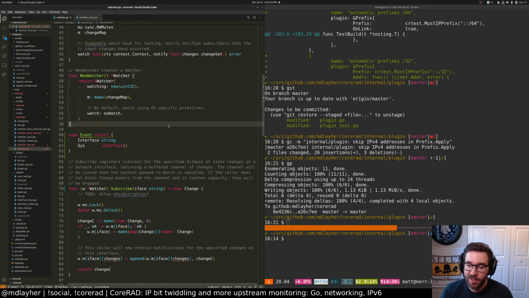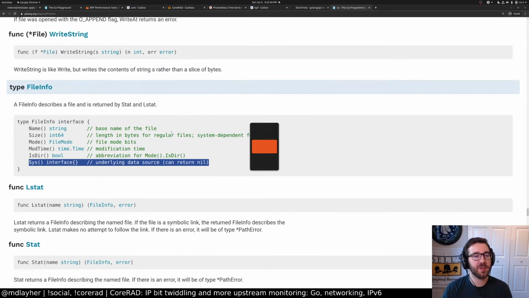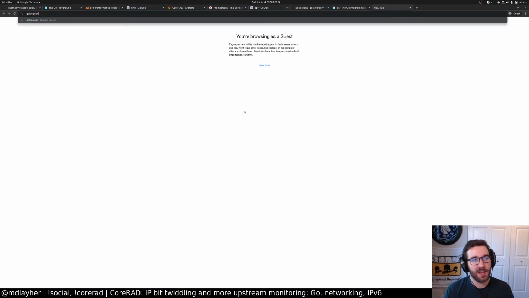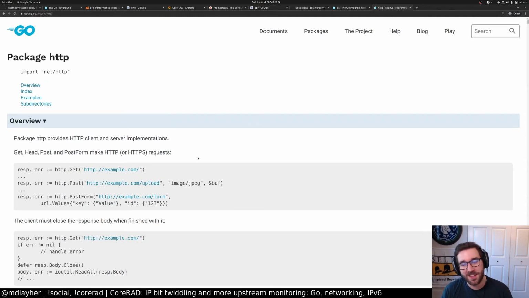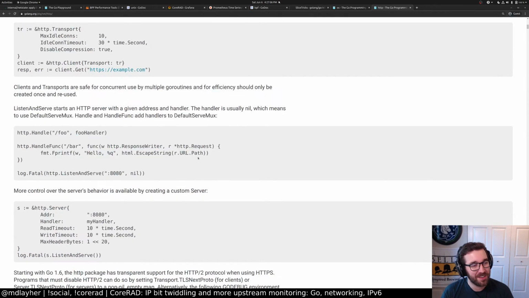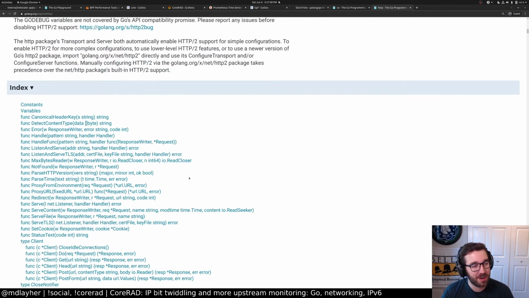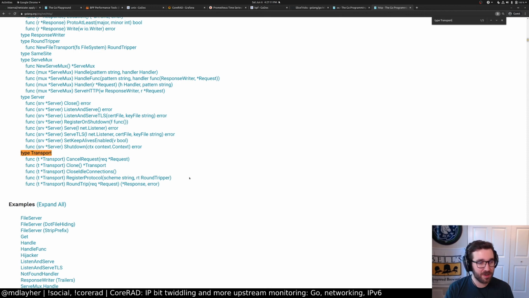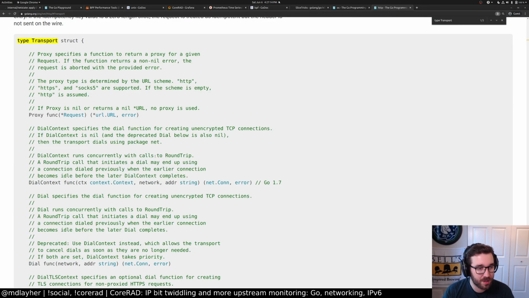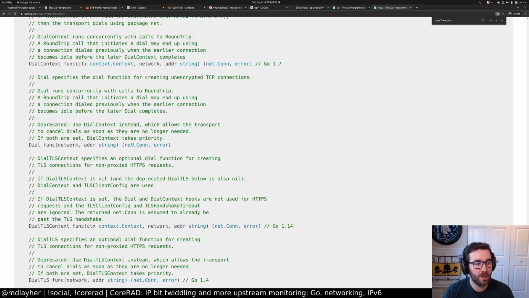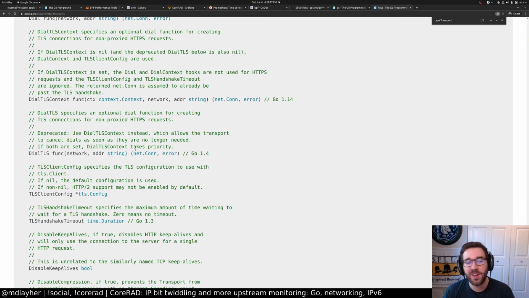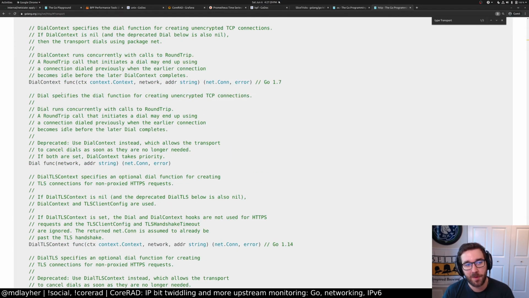Net HTTP might not even export the struct stuff I need. It might be private. I'm pretty sure you can get at that layer though. I did an experiment with net HTTP where I was able to get VSOCK working over HTTP instead of over TCP. So you can definitely make it work. Let's see here. Transport. Dial context. If you do dial context, you'll get a net.Conn. So you would actually dial the connection here, and then within this, you can get the file descriptor of the connection. So this could work. I think dial context is probably going to be your best bet.